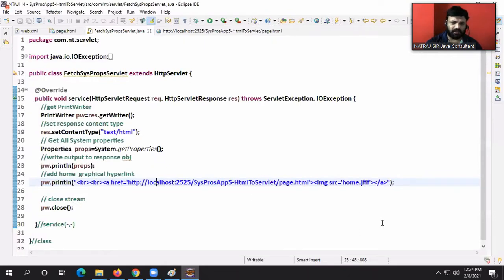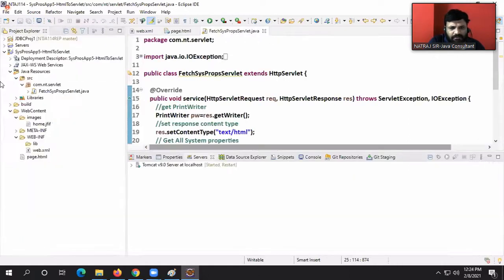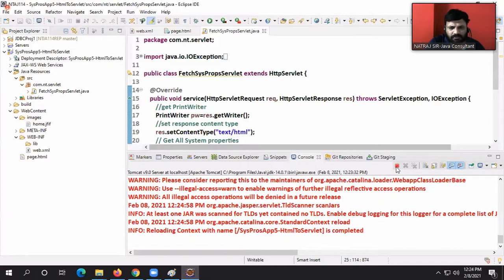If that is the case, here you should write images slash home.jfif. Understanding my statement, guys? Right. Stop this.